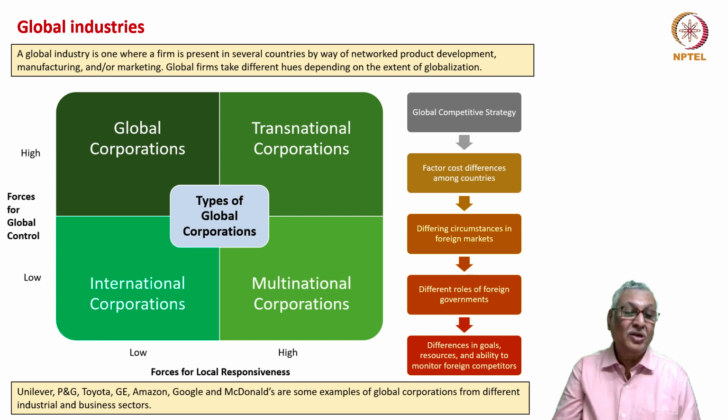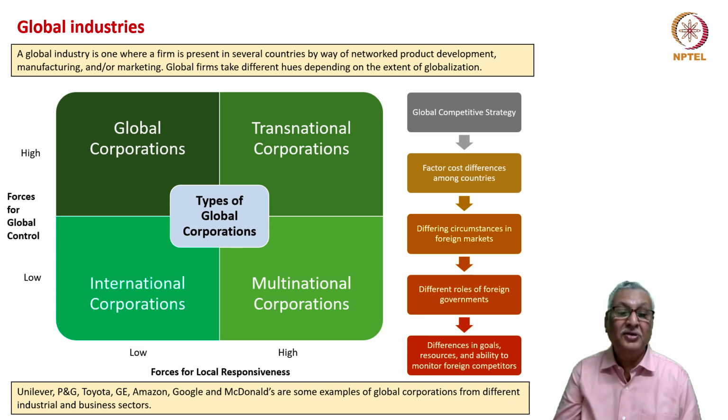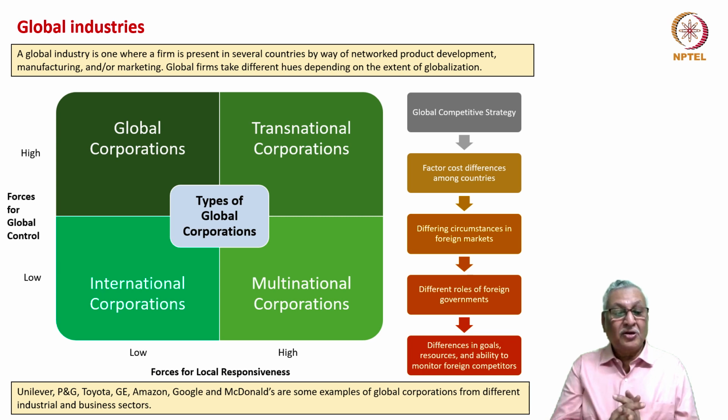But there could be some industries where the force for global control is low. If you are in the FMCG industry and you are catering to local tastes, there is no need to tell how the spices and condiments should be titrated, because that is expertise which is best left to the local forces. So when you have this grid, when the force for local responsiveness is low and the force for global